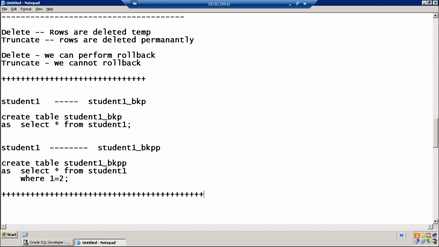Sunil, one more thing. When we are giving that 1 equals to 2 condition, which doesn't satisfy, that's the reason data will not get copied.